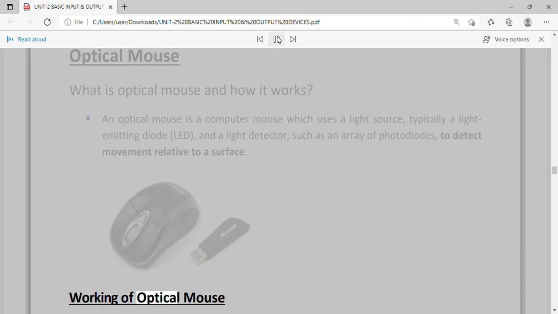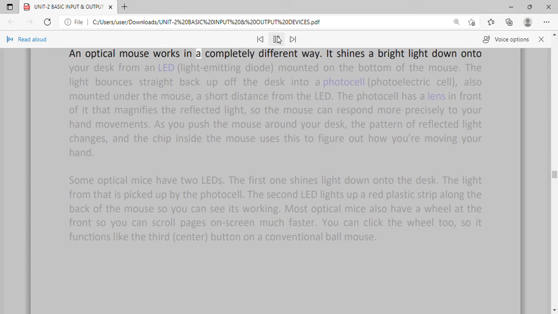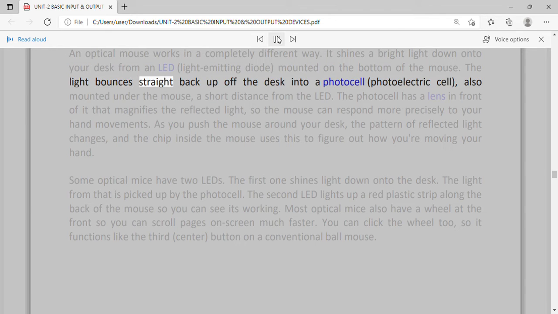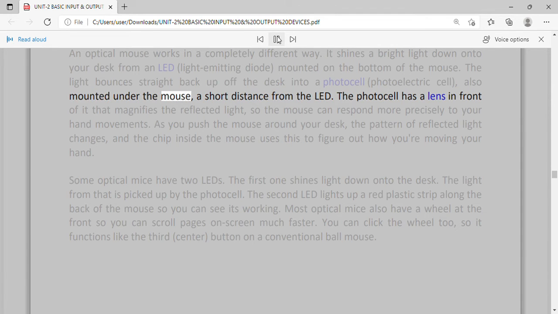Working of optical mouse. An optical mouse works in a completely different way. It shines a bright light down onto your desk from an LED, light emitting diode, mounted on the bottom of the mouse. The light bounces straight back up off the desk into a photocell, photoelectric cell, also mounted under the mouse, a short distance from the LED.